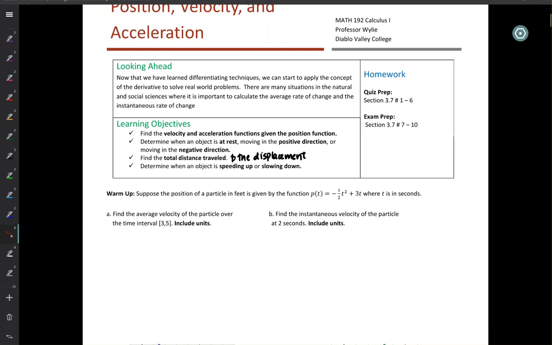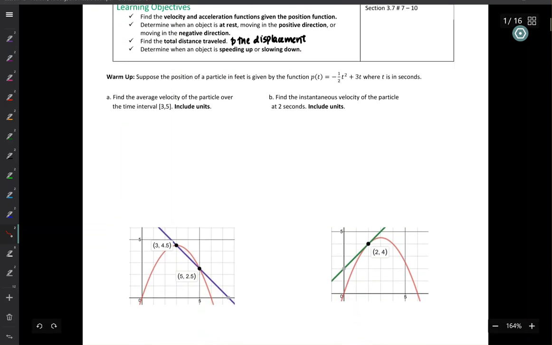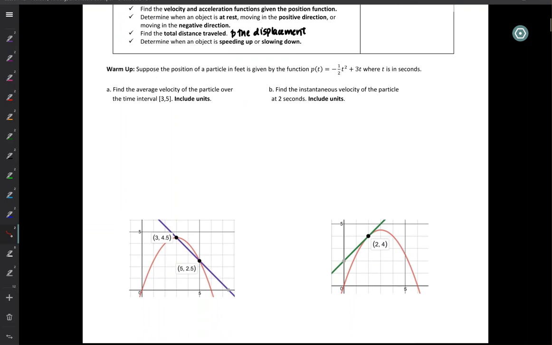Okay, so let's first do this warm-up. Suppose that the position of a particle in feet is given by this function, and here I did use p for position, but remember we use s a lot as well, s of t for the position where an object is at a moment in time. We're asked to find the average velocity of the particle over this time interval. So from 3 to 5 seconds,